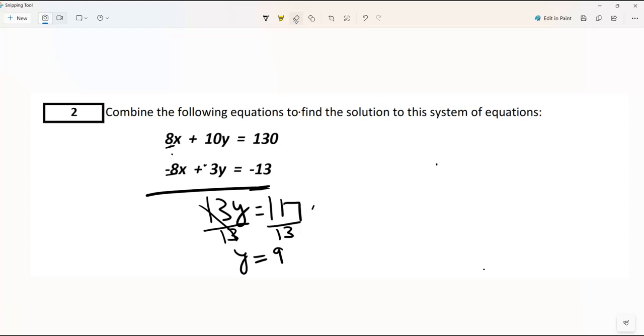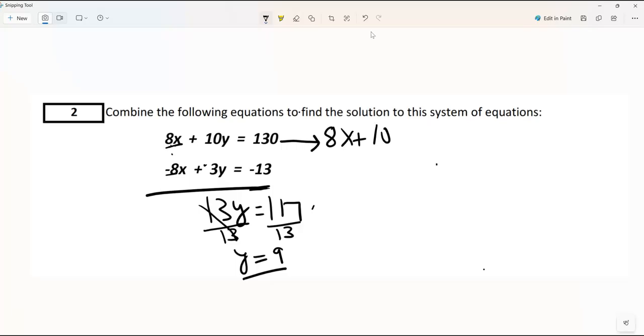So what we can do is grab one of the equations. I like the top equation. It looks like it's a little bit easier to work with. Let me go ahead and get my pen back here. So we can get this equation right here. Now we have our y. We know that the y is 9. We need to get the x, right? So we're going to use the first equation, 8x plus 10